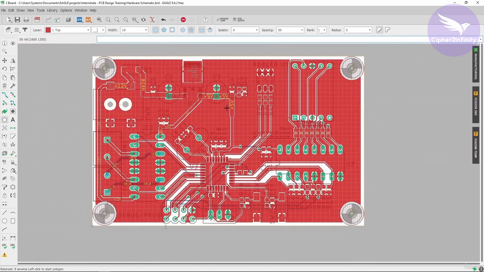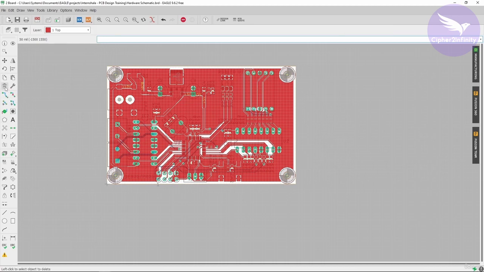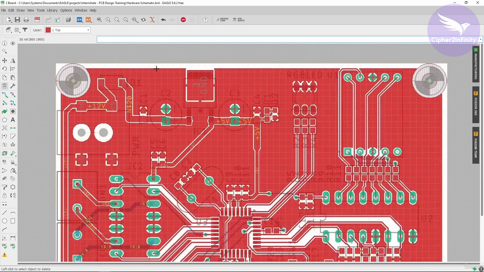So what we have to do, whenever we create the polygon, we have to give the value of isolation here, and generally that value should be 10 mil. So what we will do, I will just rip up this polygon, and in order to rip up the polygon, you have to use this option, which is delete, and just go to the edge,